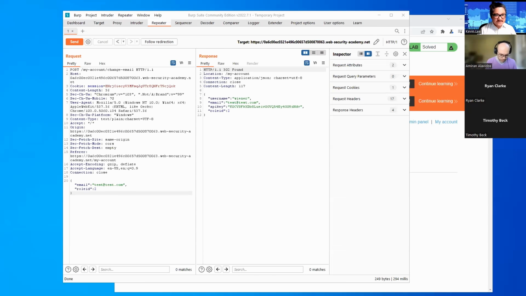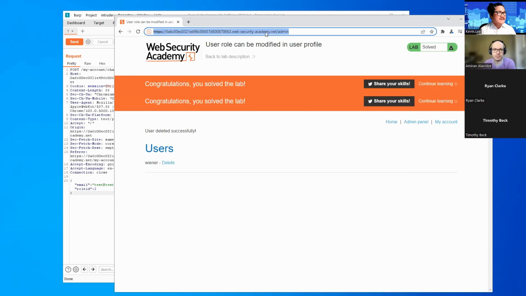All right, so everybody, let's move on to the next lab. This will be lab 5, and the lab is called User ID Controlled by Request Parameter. I'm going to paste the link into chat. It looks like we're moving through these labs at a pretty brisk pace, and we'll probably be finished way ahead of schedule, which means we'll have plenty of time for questions and answers at the end. So let's move on to the next lab then.